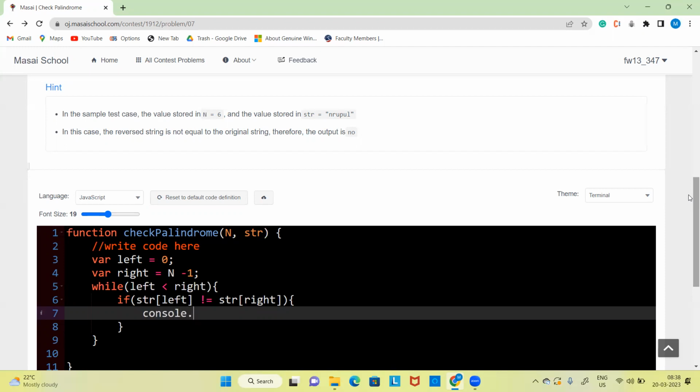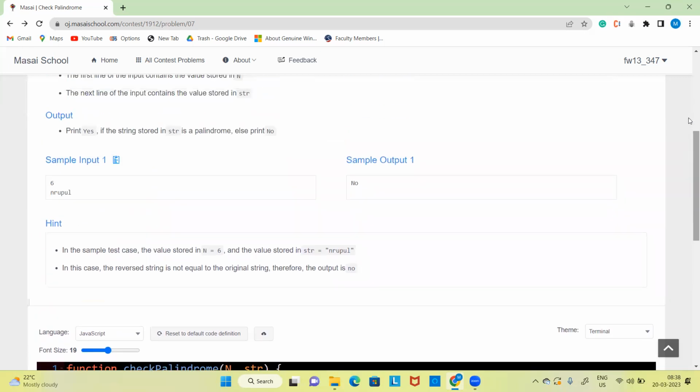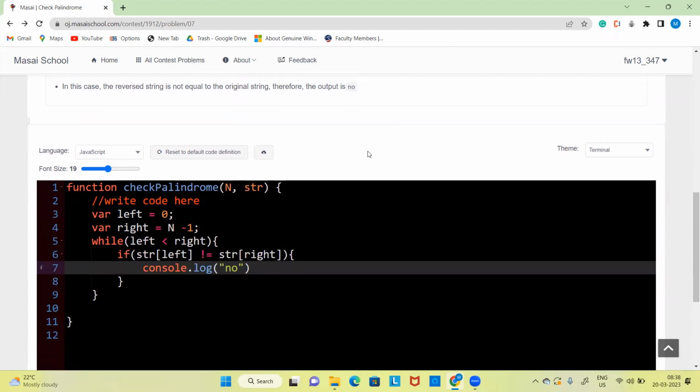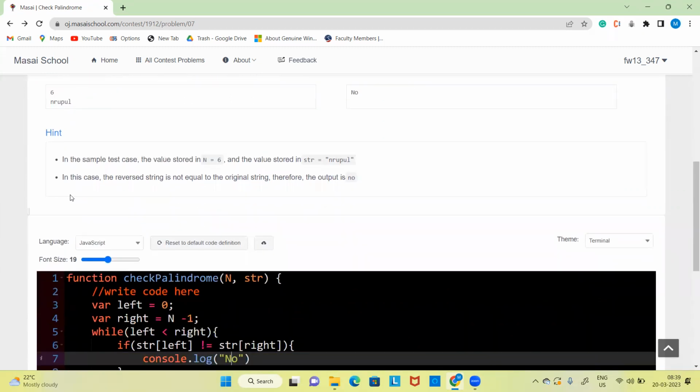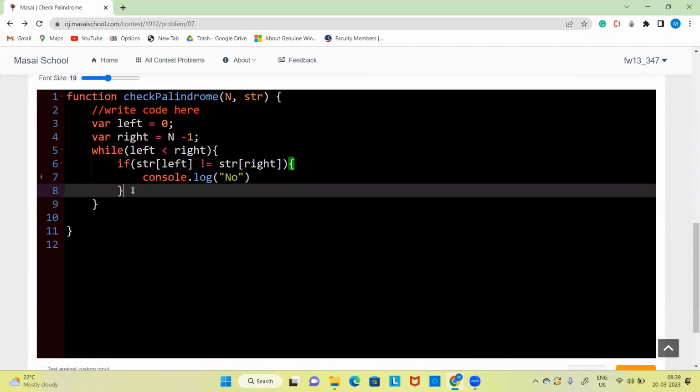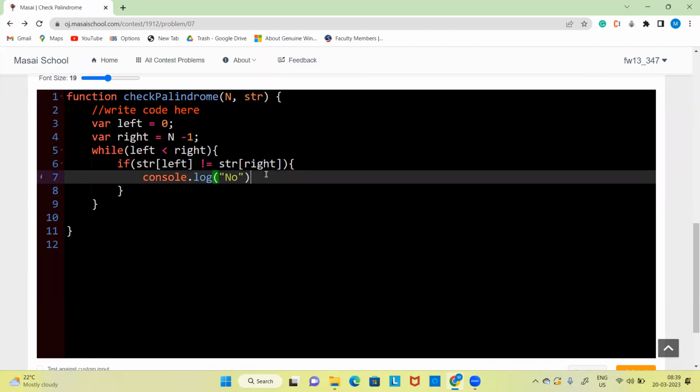So console dot log, and print no. Oh, no, N is a capital letter. Here we check if str of left is not equal to str of right, then we simply print No. In the first block, if it is not equal, then we do not go through the whole size of the string, we simply return no, otherwise,